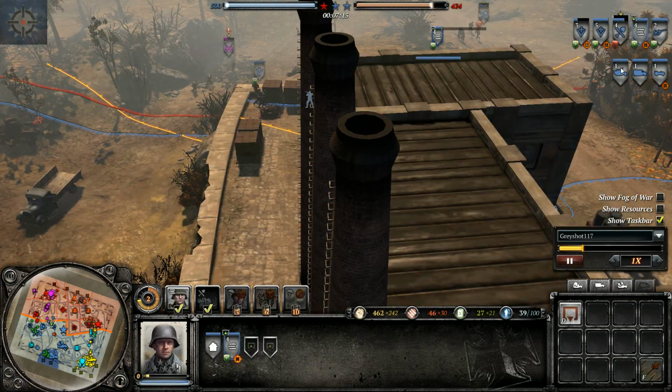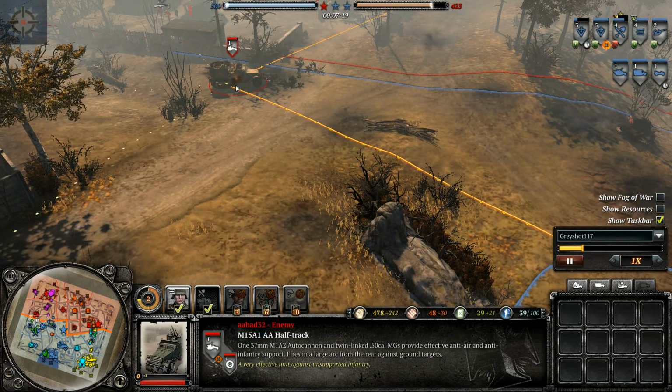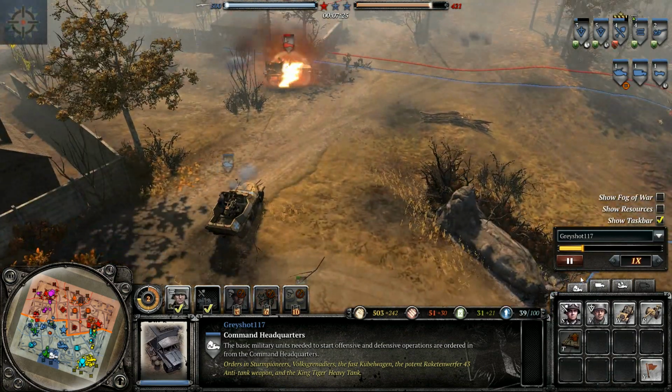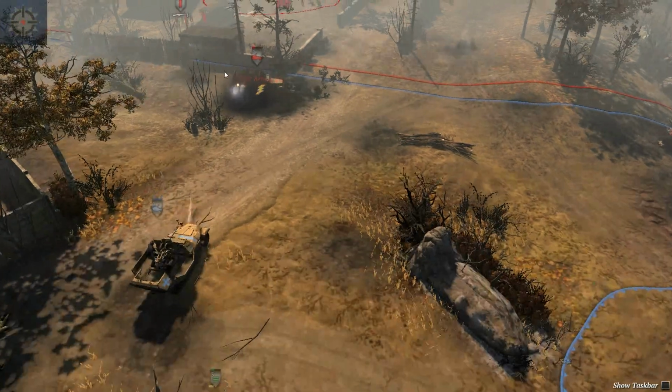So anyway, I have this MG here. I brought in my flak emplacement because I thought, hey, why not? It's actually a great counter. It was either that or I was going to pick these scout cars. And if you're wondering how I got that, the supply trucks at the Oberkommando... Oh, sorry, let me...